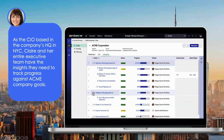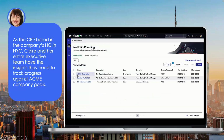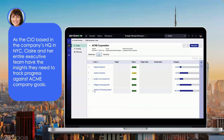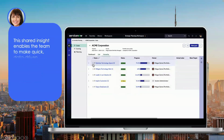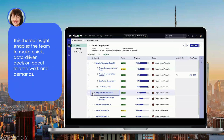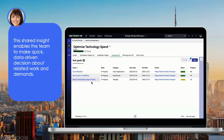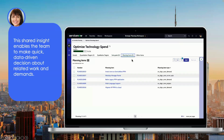But viewing the expanded hierarchy shows 3 out of 4 related sub-goals are also on track. However, the sub-goal to reduce overlapping usage of the assets is at only 45% progress and has a status of yellow, alerting Claire that this needs attention. So she drills into the goal for additional information on any related targets, sub-goals, and planning items that may be impacting their progress. In this case, there's a Scrum Epic, a project, and 3 demands: 1 to invest in ServiceNow